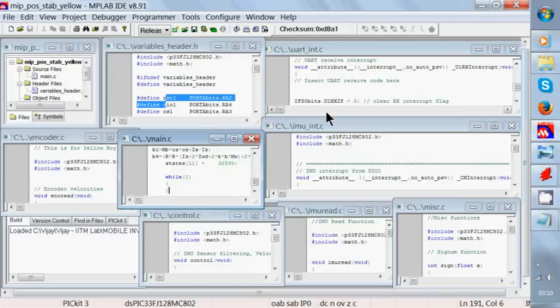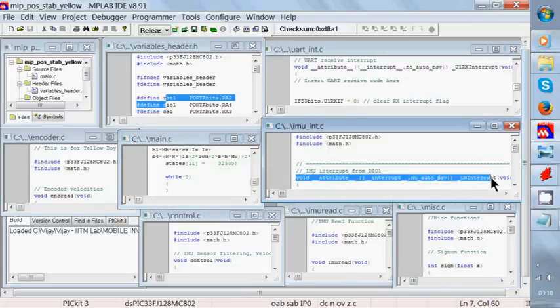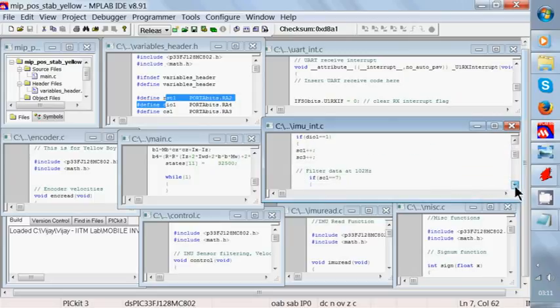For example, the IMU interrupt occurs because of the change notification interrupt on any pin of the PIC microcontroller, and this occurs at 816 Hz as described in code flow. Out of the 816 interrupts, 7 interrupts are ignored, which means the frequency is divided by 8,